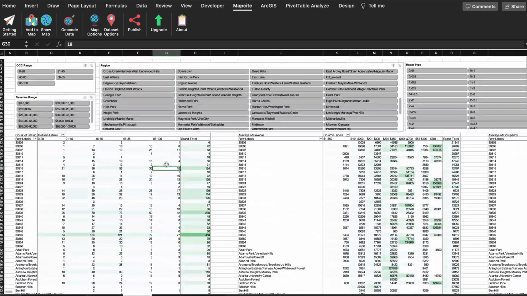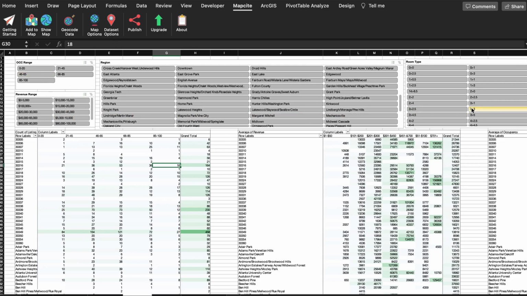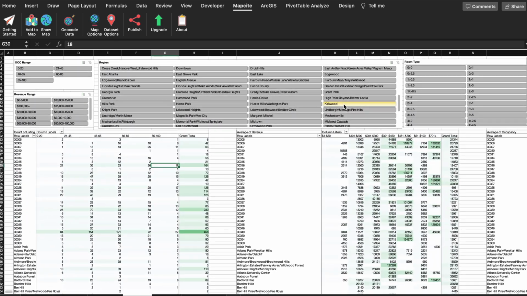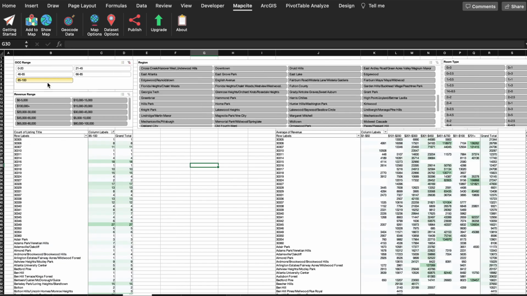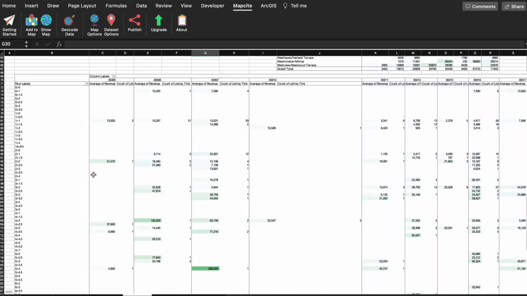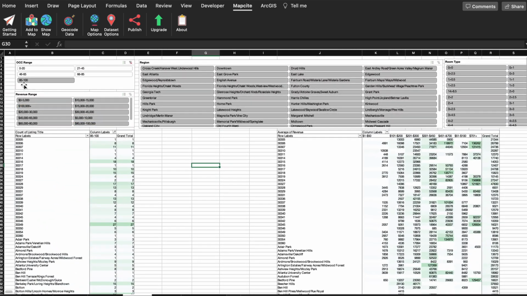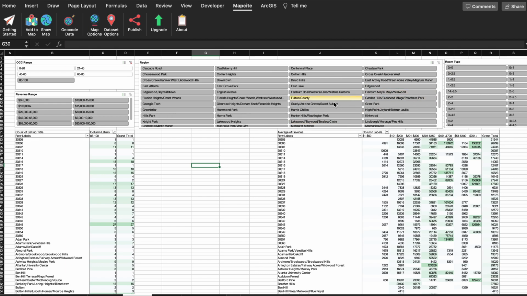And it looks confusing, I know, but that's why I have buttons over here where you can kind of drill in and do your own analysis and pinpoint exactly what you're looking for. So I know you wanted to do California, for example, but this is Atlanta. So say we're looking at the occupancy range. Say we're looking at anything from 85 to 100% occupancy as our criteria. So we click on that, and then you see the data has shifted, and it excluded anything other than 85 to 100% occupancy listings. And then say that another criteria is we want to look at, let's pick Fulton County.